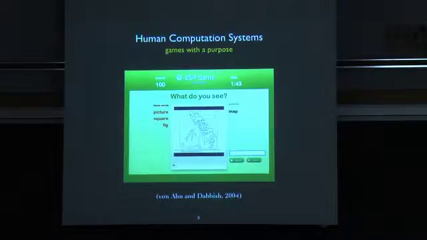But what my work is focused on is actually something quite different. And these are systems where people don't get paid. And they perform the task because there's something actually intrinsically motivating for them. So an example is games with a purpose, where